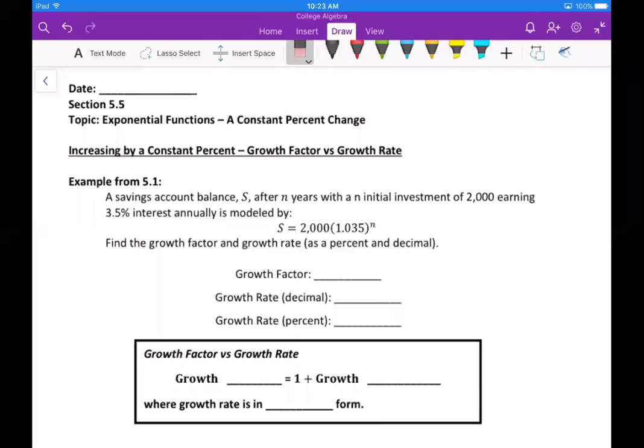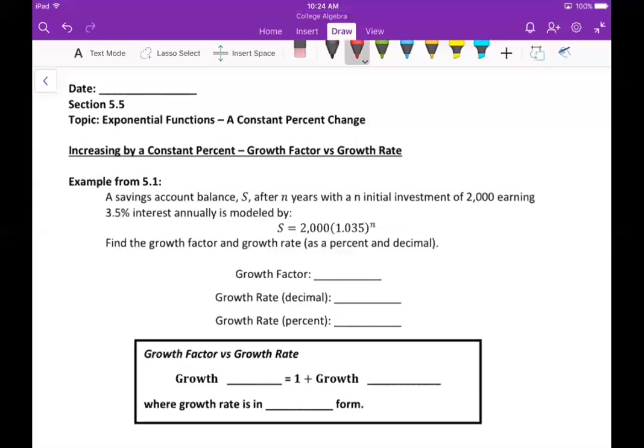Okay, we are ready for section 5.5, which is going to be more about exponential functions, just the same as we finish out chapter 5. All of these sections, as we keep going, are just going to be some more sections to help you generate more functions that are represented by exponential equations. So we're just trying to put more tools in our toolbox essentially to come up with exponential functions to